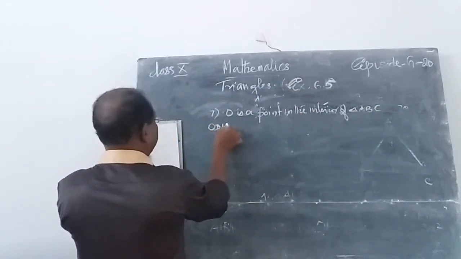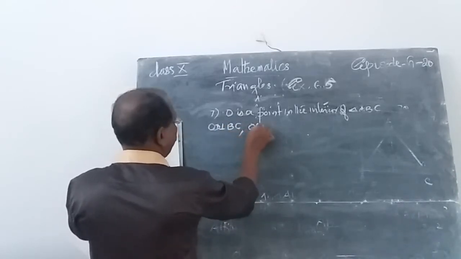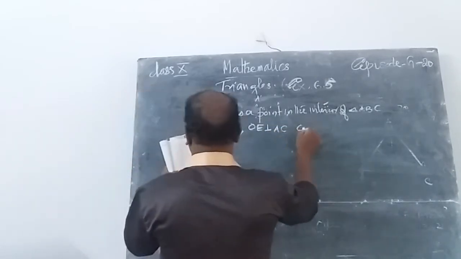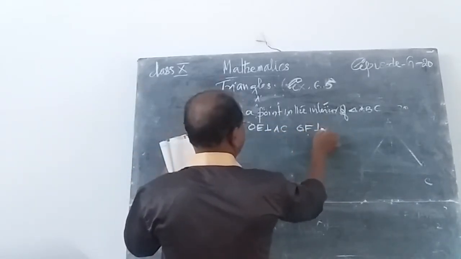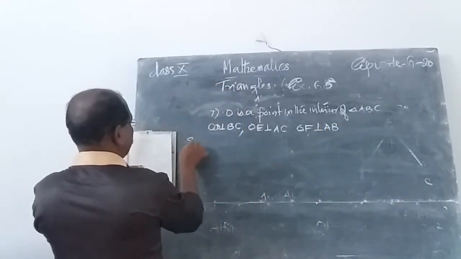OD perpendicular to BC, OE perpendicular to AC, and OF perpendicular to AC. Show that